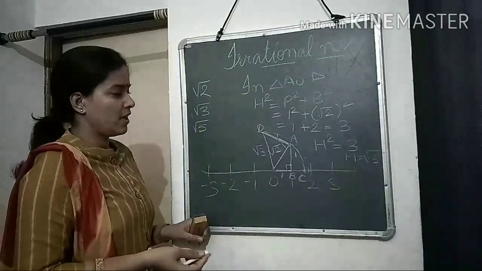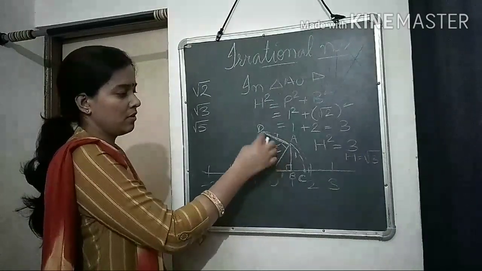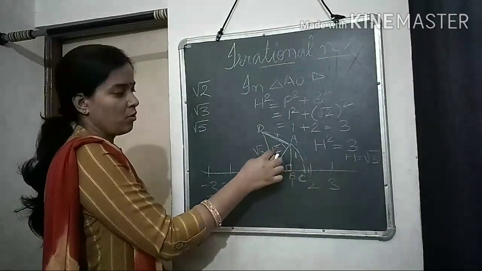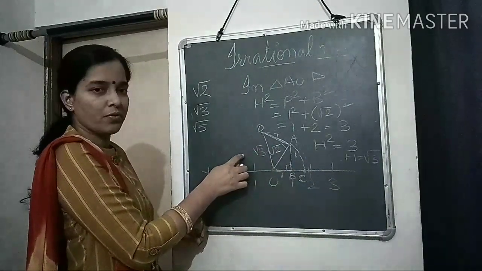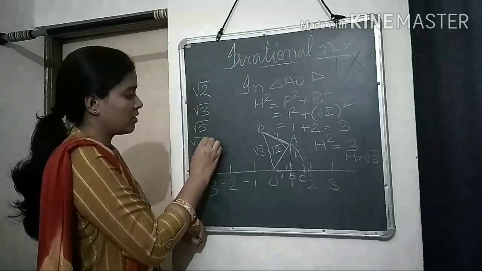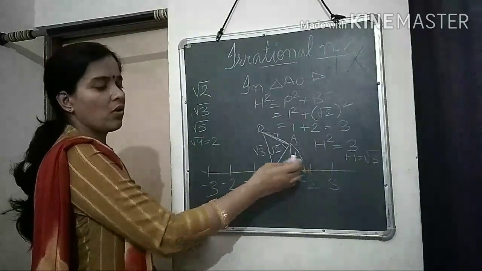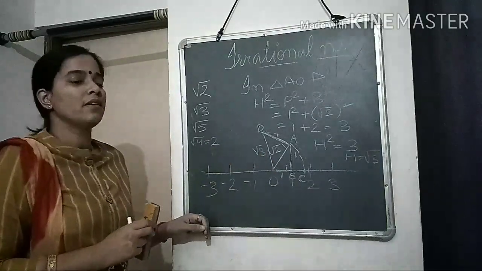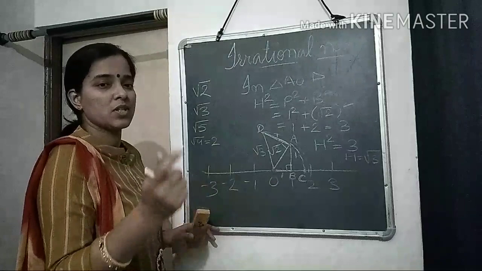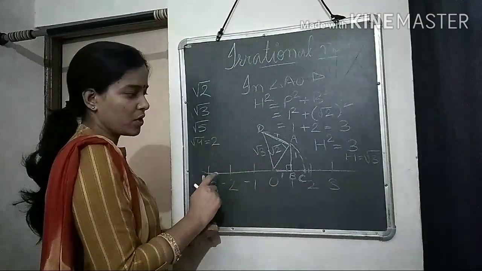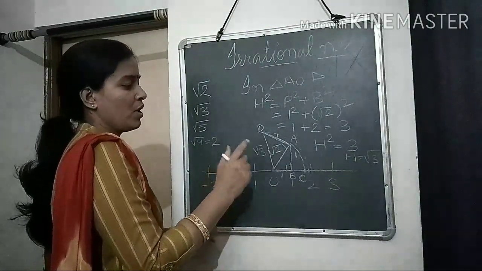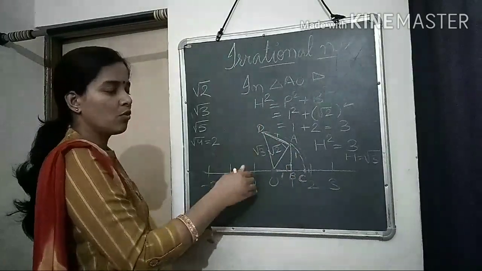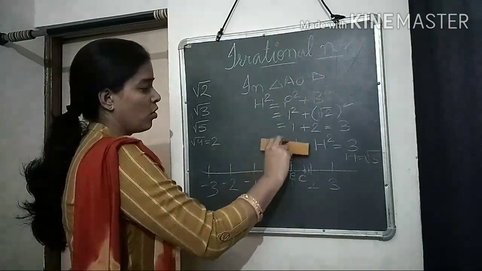so there can be two ways. Either you can go by this method, root 3, then 2 you know already there. After root 2, root 3, root 4 if you draw, root 4 is nothing but 2. 2 we are already having on the number line. So what you can do, you can directly make root 5, or you can have a spiral method also. If you go for the spiral method, what you have to do? You have to take this as your distance, a perpendicular, and then draw the root 5 here. Or one more method is there,